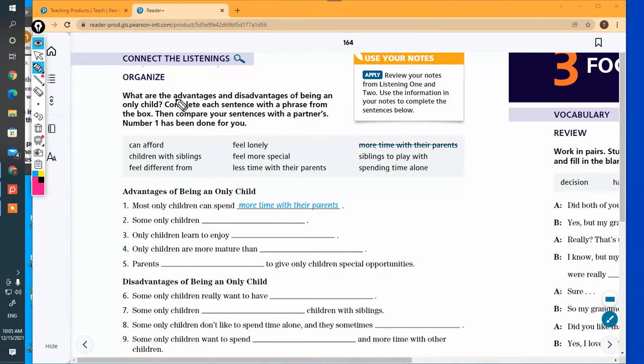And we want to be sure that we understand the ideas, advantages, and disadvantages. So an advantage is a really good thing. Sometimes we call them pros. Pro and con. This would be the plus side, and this would be the negative side. Positive things and negative things are good things and bad things. What are the advantages and disadvantages of being an only child?